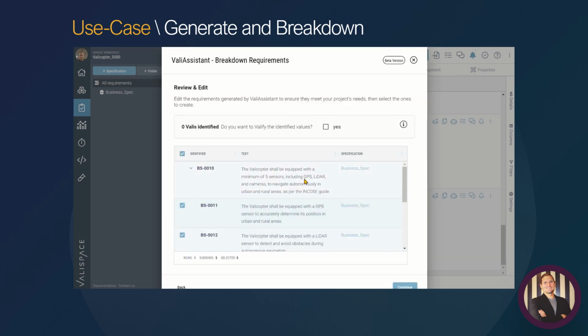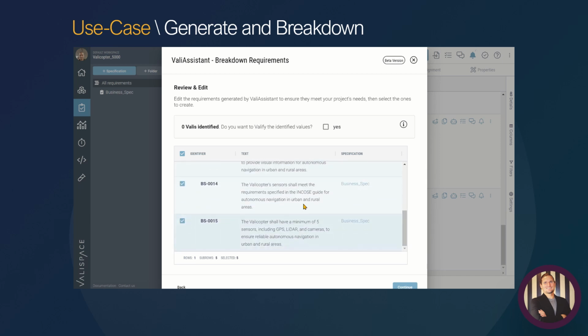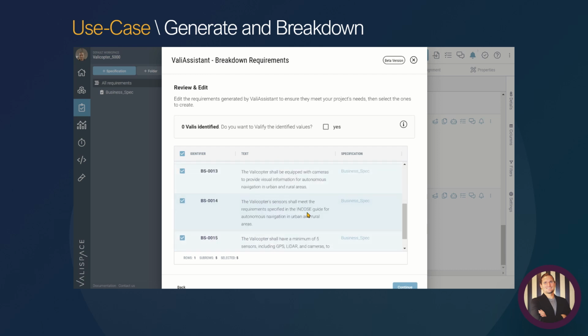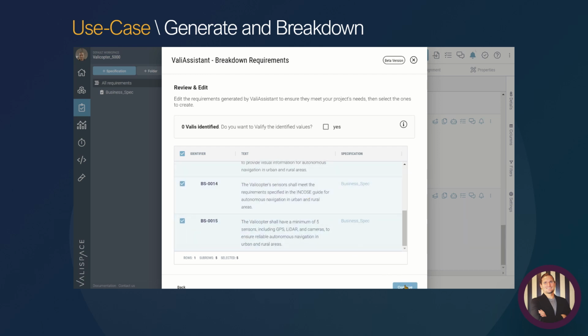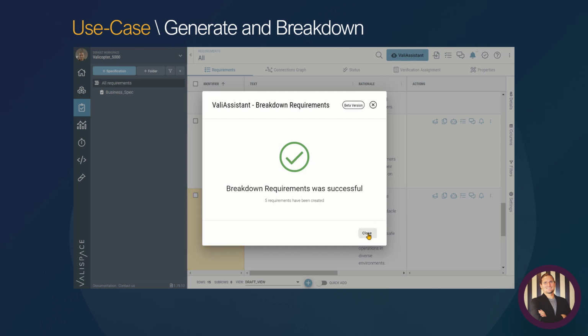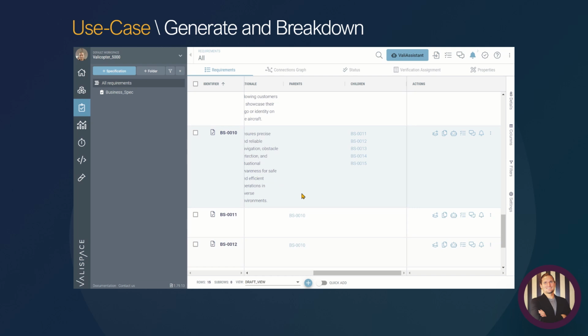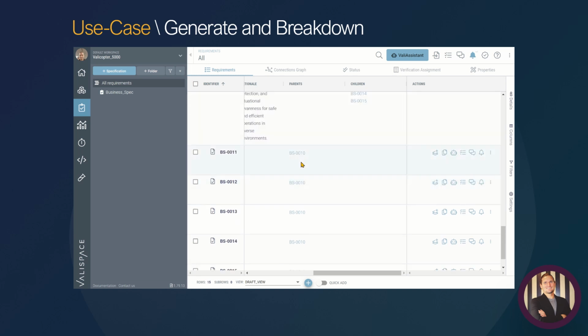And you can see that based on the description of the requirement itself and based on the summary, Valispace gave us key technical parameters on how this requirement should be broken down into smaller requirements. If we hit continue, it will automatically add these requirements into our list. And you can see that it automatically populates the parent-child relationships between these requirements. You can see that now this is the main requirement, which has 5 different children requirements, which are these below